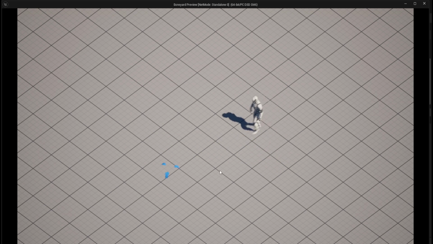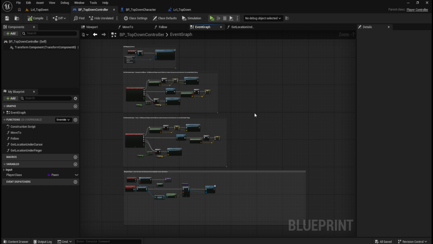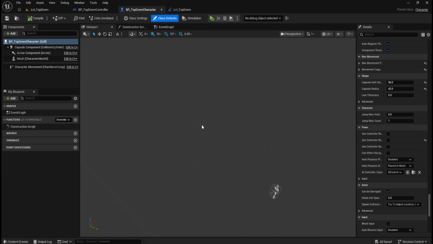So we're going to go for an orthographic look. What do I want to do though? What we need to do is get the mouse, the camera to move, and we want to be able to control the camera. I just don't know whether to do it in the controller or in the top-down character, because this character is actually